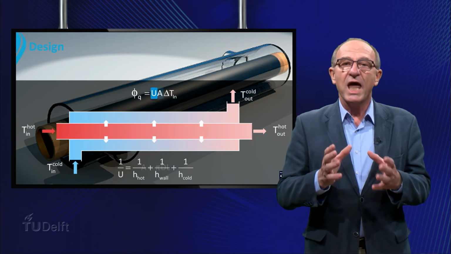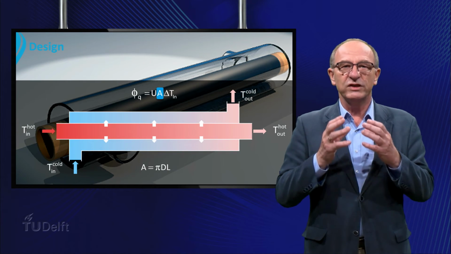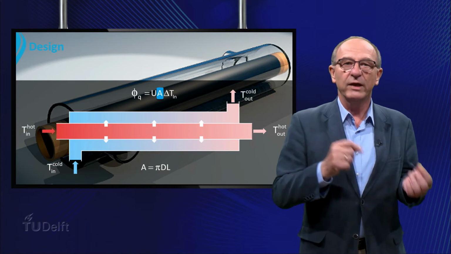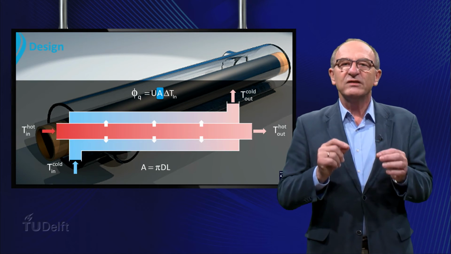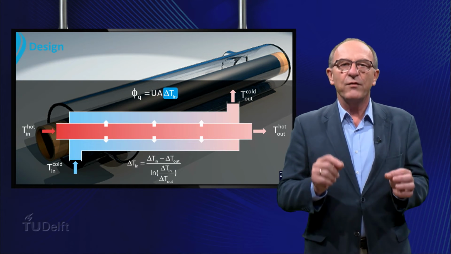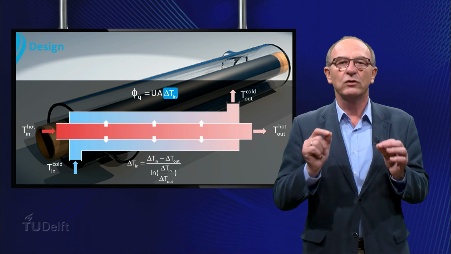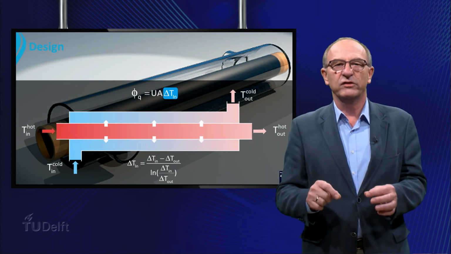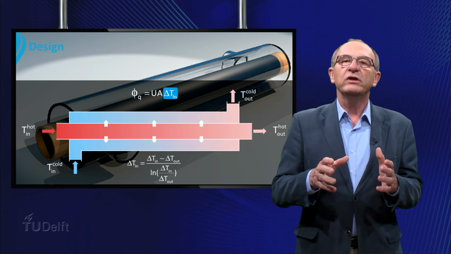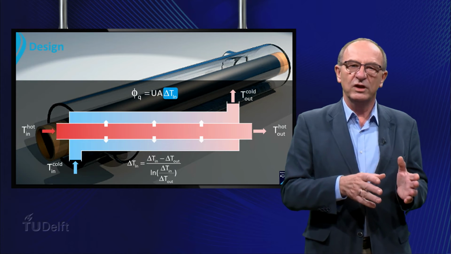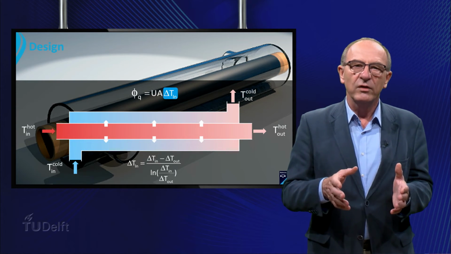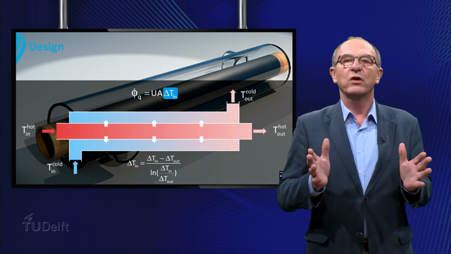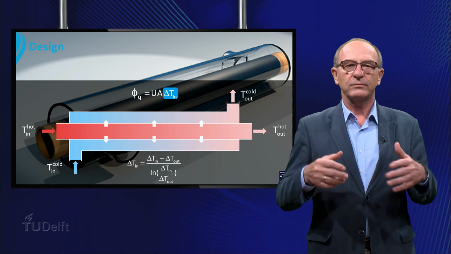The surface area, A, is the total surface over which energy is exchanged. For a tube, this is the product of the perimeter and the length L. The ΔT_LN is a logarithmic average temperature difference between the hot and the cold fluid, which contains the difference between the inlet temperature and the outlet temperatures of the fluid. Theory shows that along the tube the temperature difference changes, and it can be derived that the logarithmic temperature difference describes this process well. Here we will not go into the derivation of ΔT_LN.